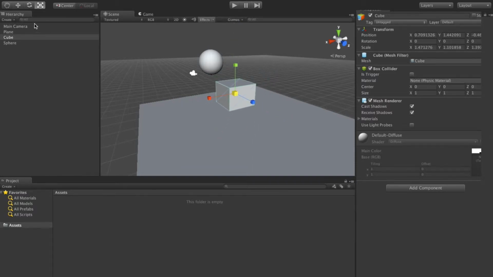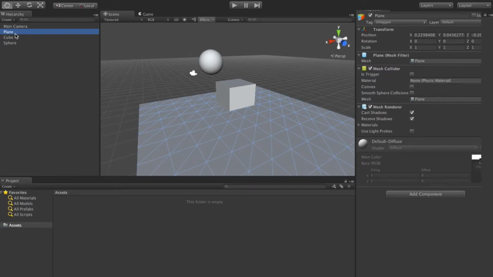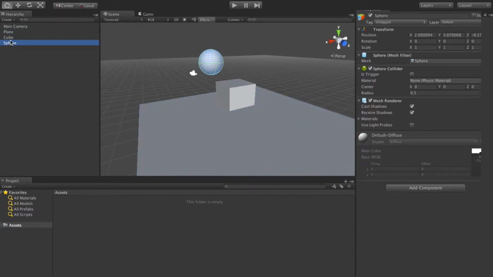Okay, so there are our 4 tools up top, and that's our hierarchy bar. The next thing I'm going to show you guys is the inspector window on the right hand side, and here you can change the names as well. So for example, I can change sphere, I can change the name to let's say